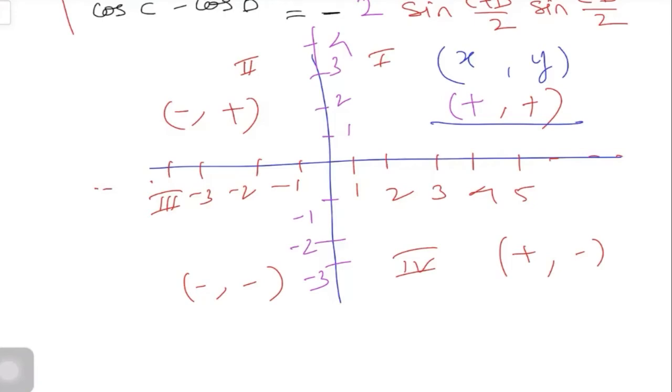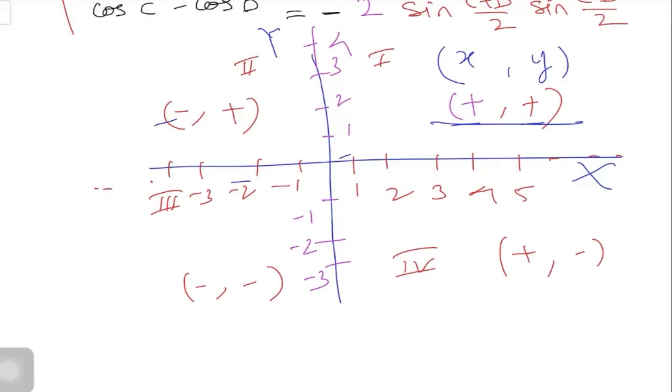See that all x points are positive. So here the points on x-axis are positive, and again the points on y-axis are positive. That's why the x is positive and y is positive. So in the second quadrant, points on x-axis are negative. These all points are negative. That's why negative x-axis, and points on y-axis are positive.